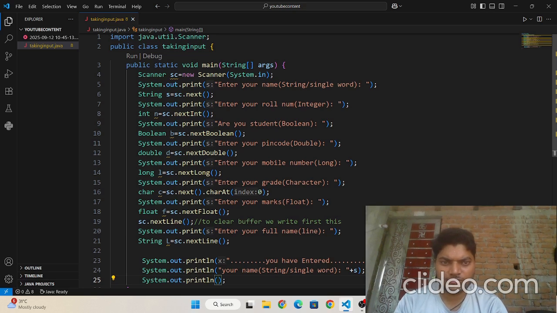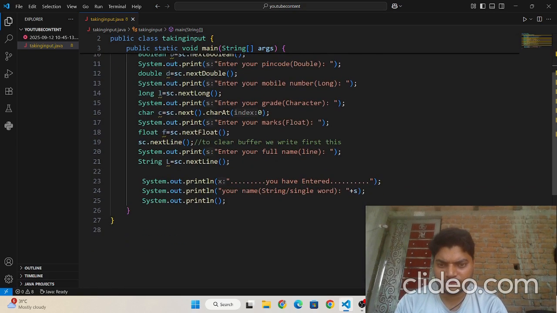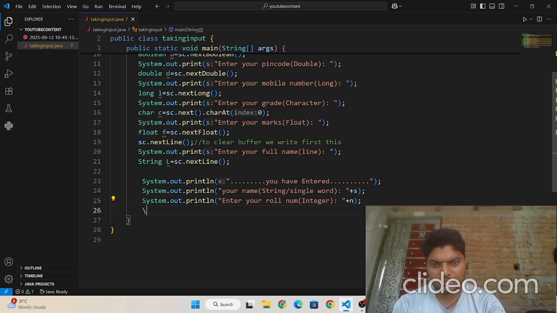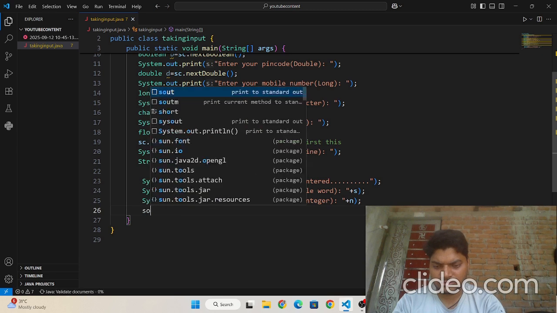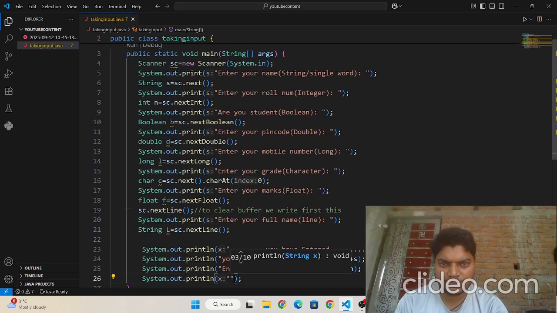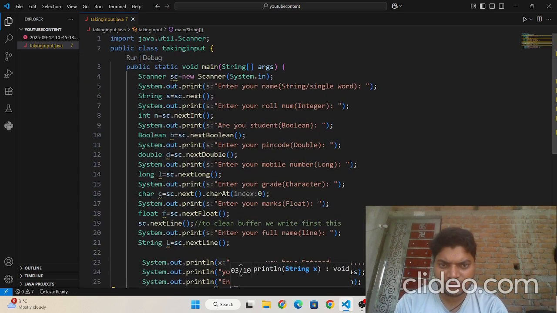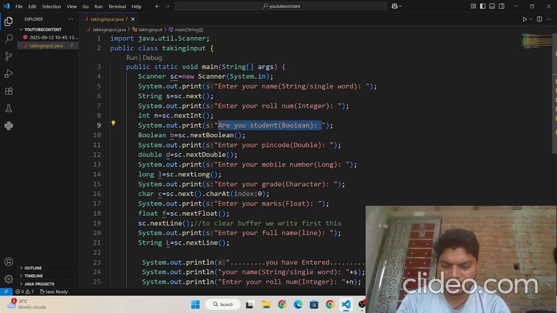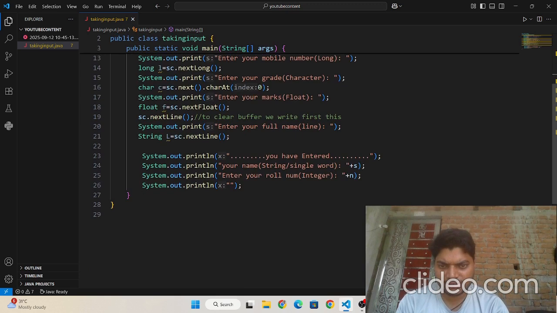Enter your roll number, so I need to copy it to display this. Control C and then Control V. Here I need to write just N, and then sout. After the roll number, what is next? Are you a student? It will say yes, then it will print yes.